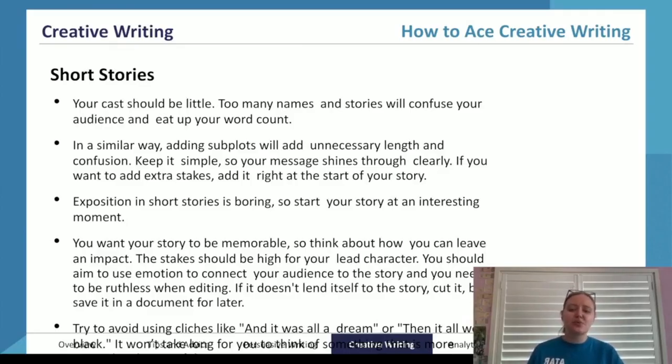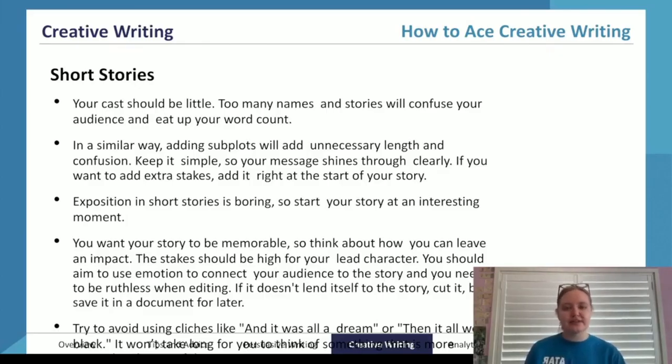All right, so you want your story to be memorable. So it's really important that you do so in order to leave an impact by the end of the story. So your stakes need to be high for your lead character. It's not just, they're in bed and they hope they could stay in bed. You want to use emotion, really deep emotion, to connect your audience to the story, and be ruthless in your editing.